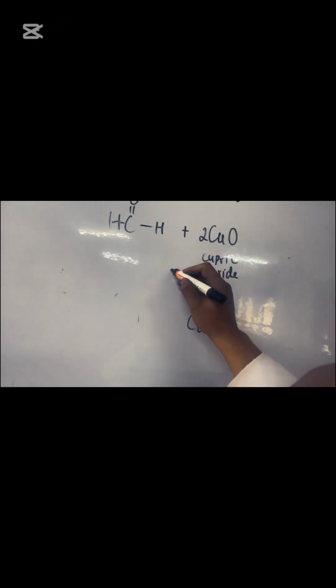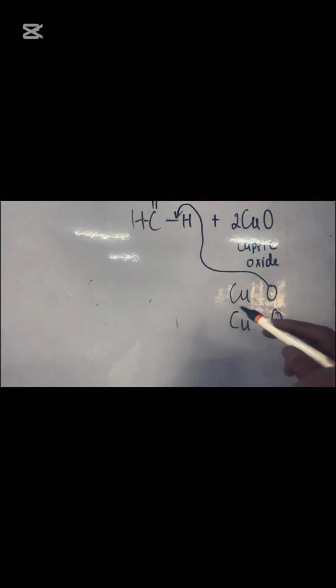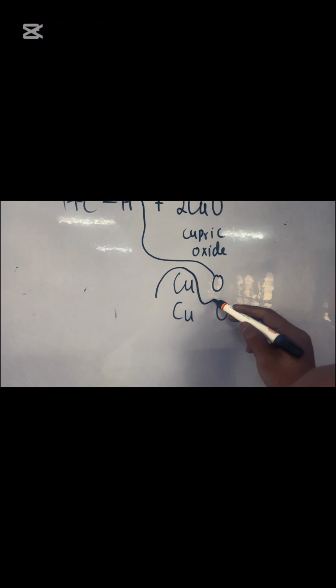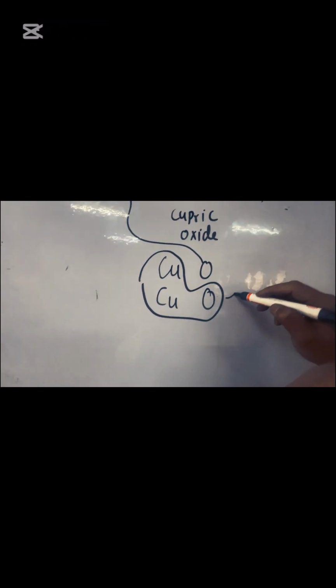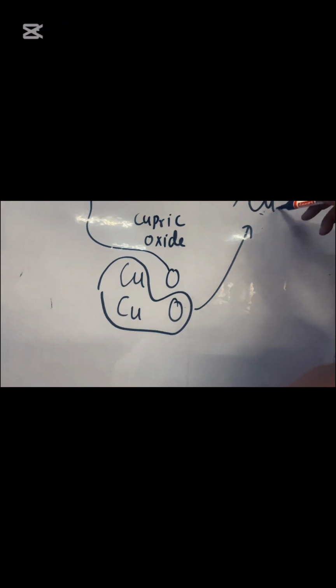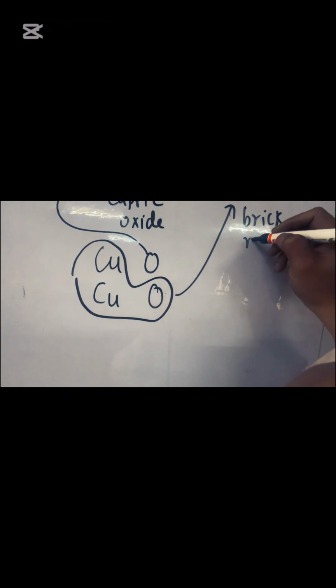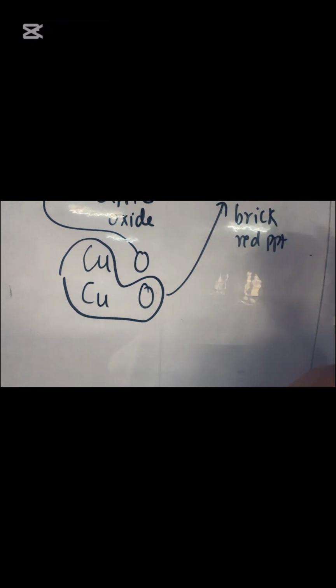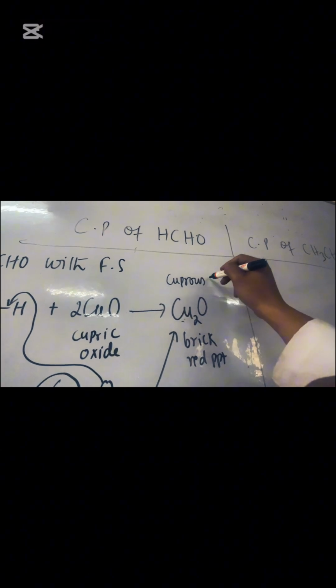One of this oxygen will be added here. Okay, and then this copper will combine with this oxygen, and then it forms the Cu2O, which gives rise to brick red precipitate, which I am going to show you. The name is known as cuprous oxide,